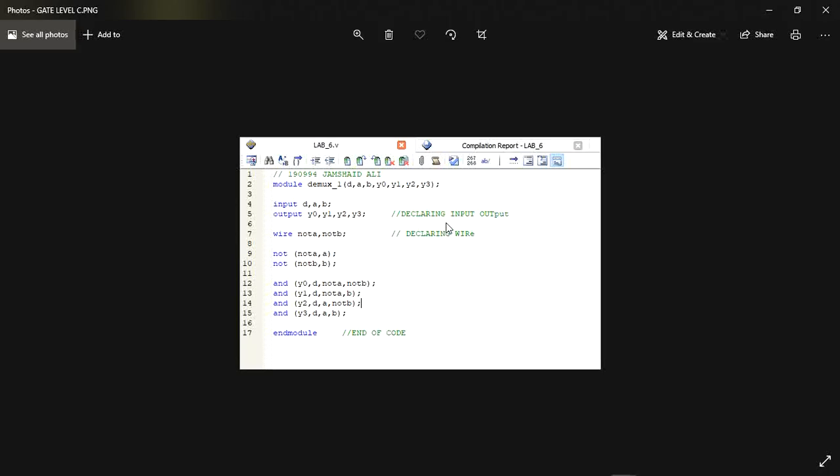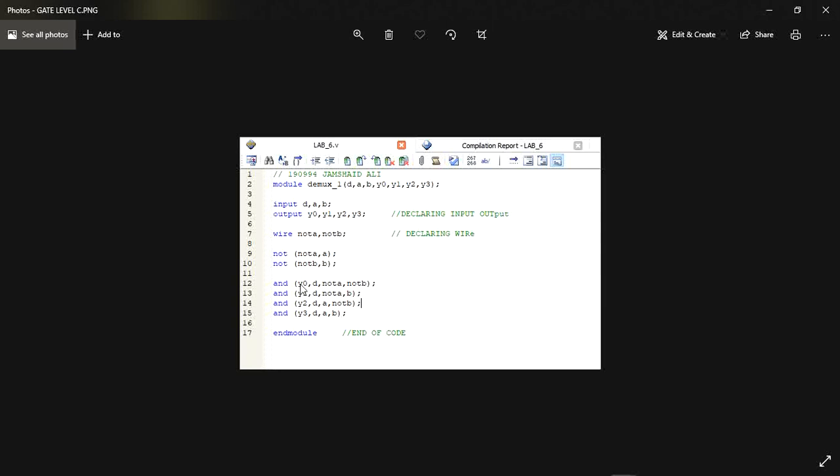In this case we have 4 outputs. In the mux case, in the multiplexer case, we have only one output, but in the demultiplexer case we have 4 outputs, and we have 3 inputs. So now you can see here, first of all we have to declare all the inputs and outputs. After declaring all the inputs and outputs and declaring the wires, which are our selection line responses, then we have to give all the conditions to our input with respect to our output. These nodes are all our responses after the selection line passes through the NOT gate. So by implementing all the conditions we have to end the module.